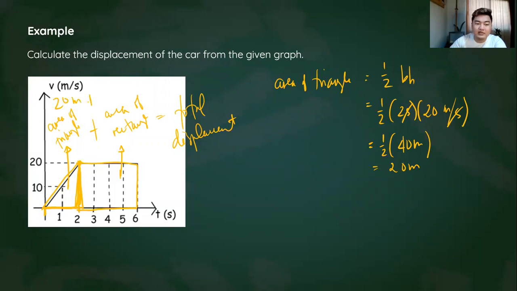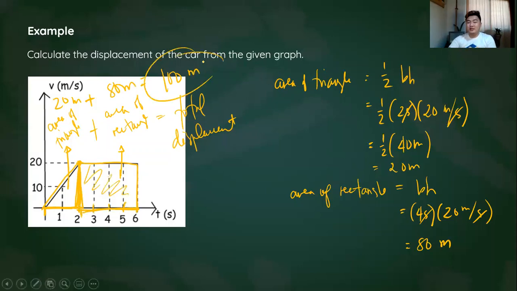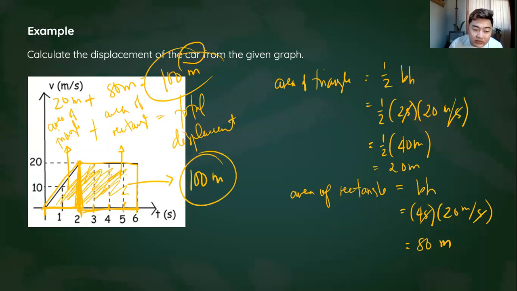This is 20 meters. Plus, we need to solve for the area of the rectangle. The area of a rectangle is base times height. The base in our rectangle, which is from 2 seconds to 6 seconds, is 4 seconds, and the height is still 20 meters per second. That will give you 80 meters. So plus 80 meters will give you 100 meters as the total displacement. Therefore, the car has a displacement of 100 meters, taking into account the entire area of